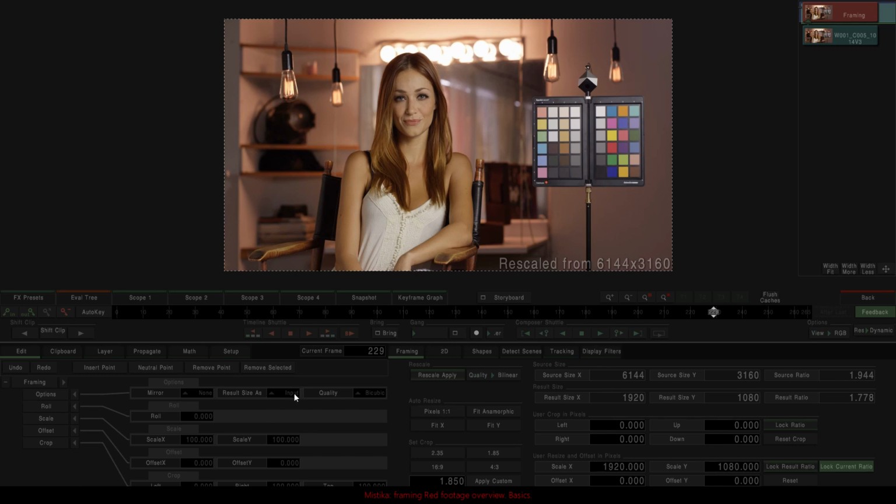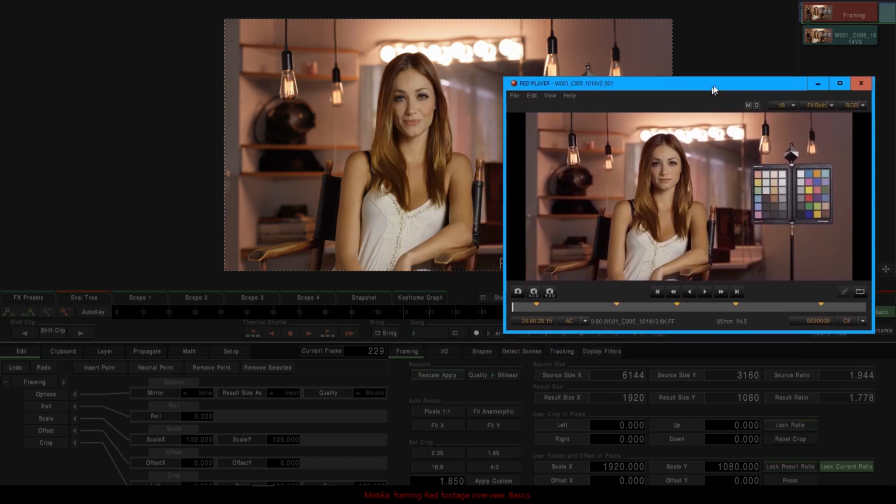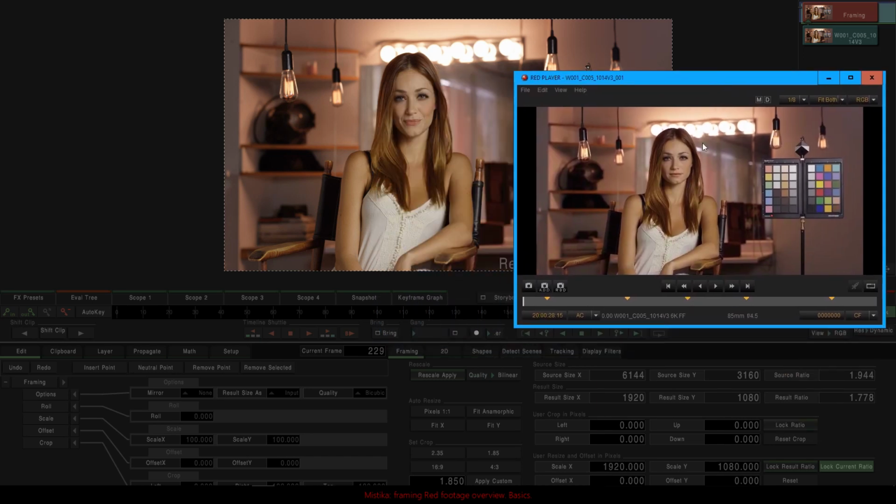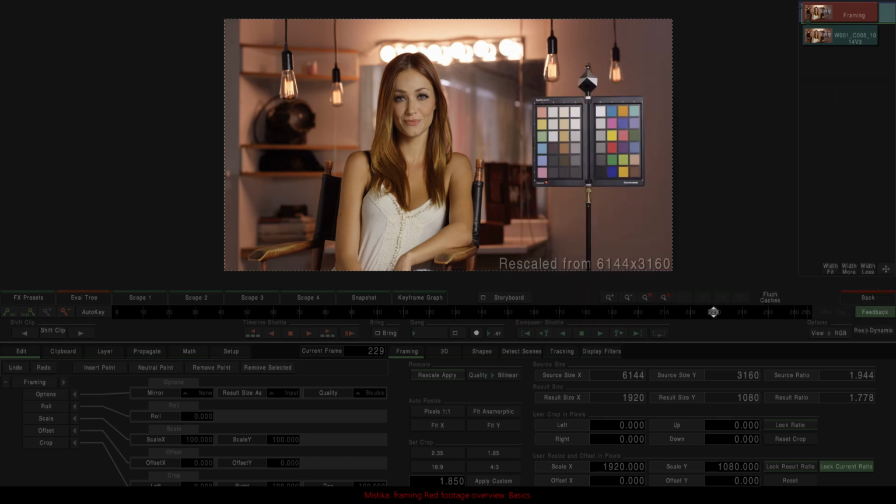Currently our input. But this is not going to work because as aspect ratios do not match, we have a distortion here, as we can verify when we compare with the original clip in the RED player. So we won't be able to use our input on both axes, but on one only.